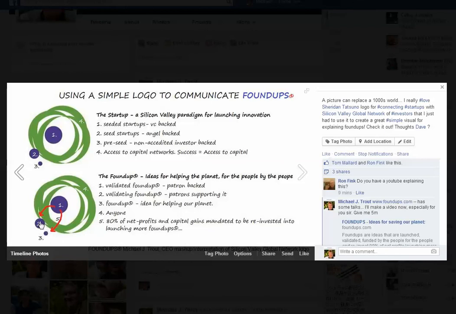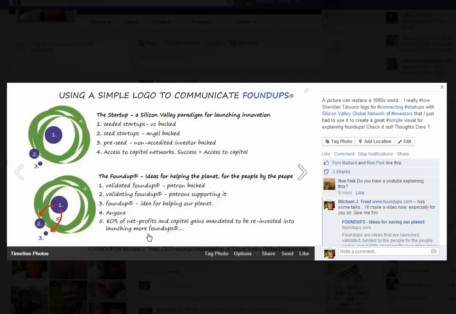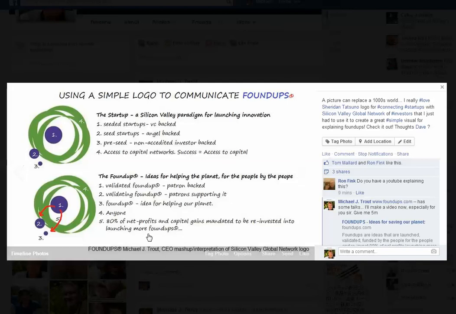And the idea, as soon as you get someone who puts $1 into it, it's supported, it's validated, which means people like the idea. It's not funded yet, but people like it. The moment that the project becomes funded, it's validated. If something is validated, it becomes funded by the patrons. Now understand, 99.9% of FoundUps will not be revenue generating. They're going to be ideas that help save the planet, encouraged and paid for, because we have to realize that,